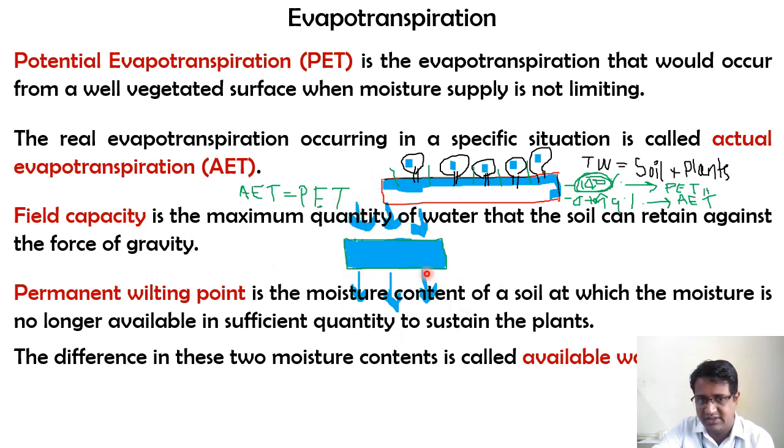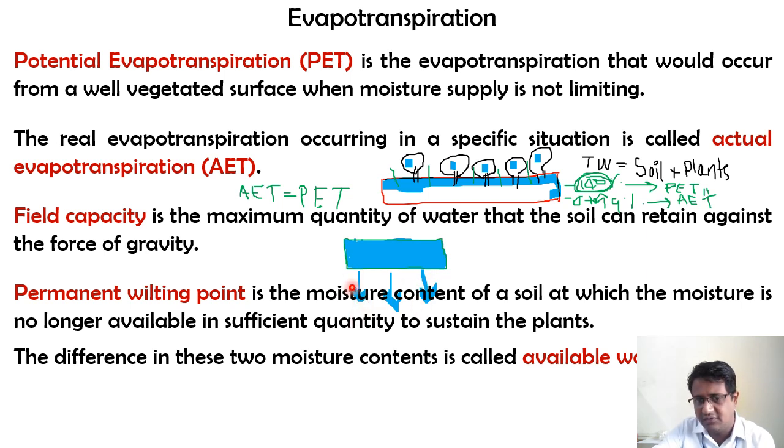Rainfall is occurring on a soil block. Initially the soil will absorb all the moisture and get completely saturated, and if there is still excess water, then because of gravity the water is going to get infiltrated. Now imagine the rainfall has stopped. What will happen to the soil mass? Based on gravity, a small amount of water is still going to get infiltrated.